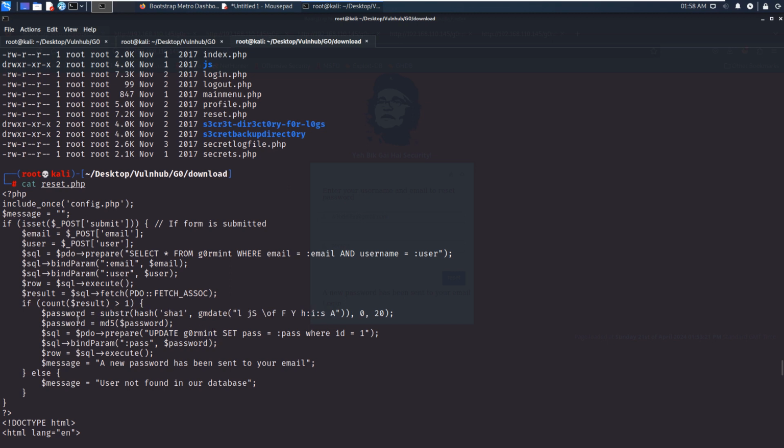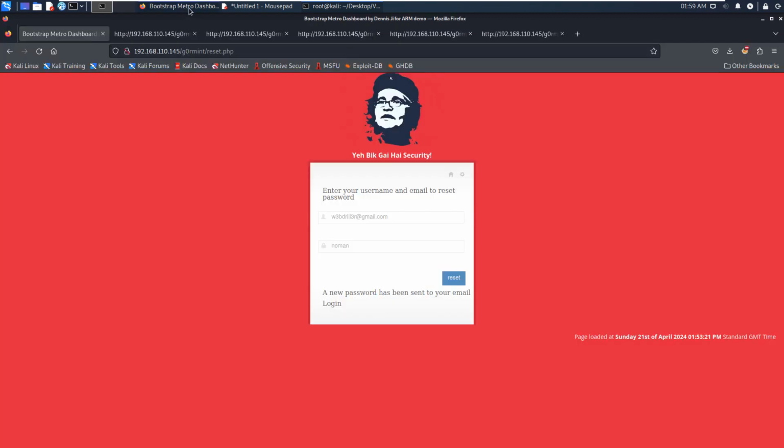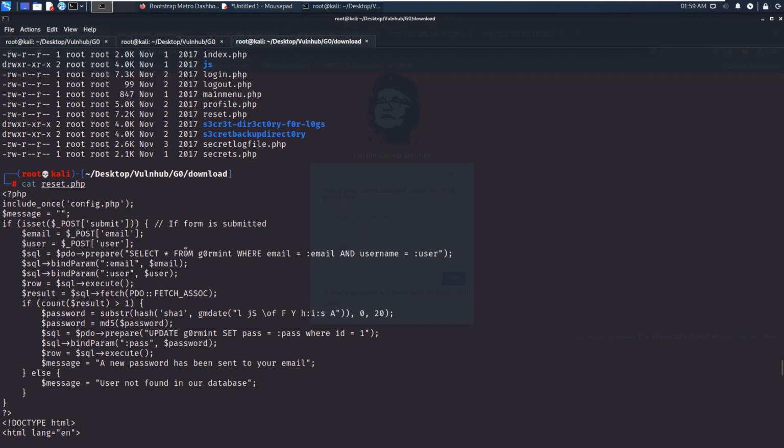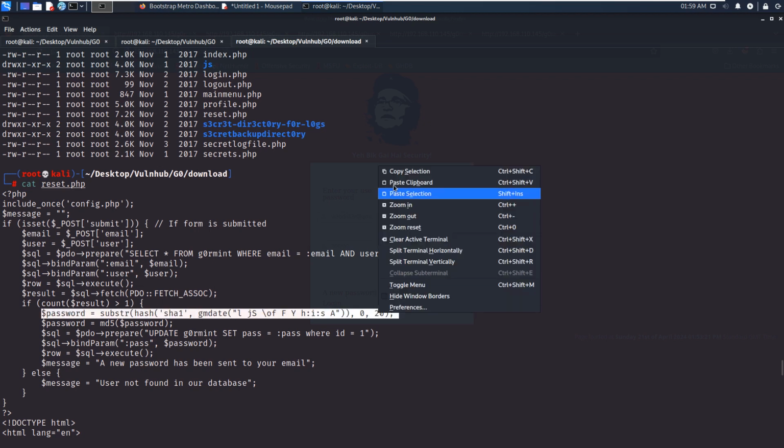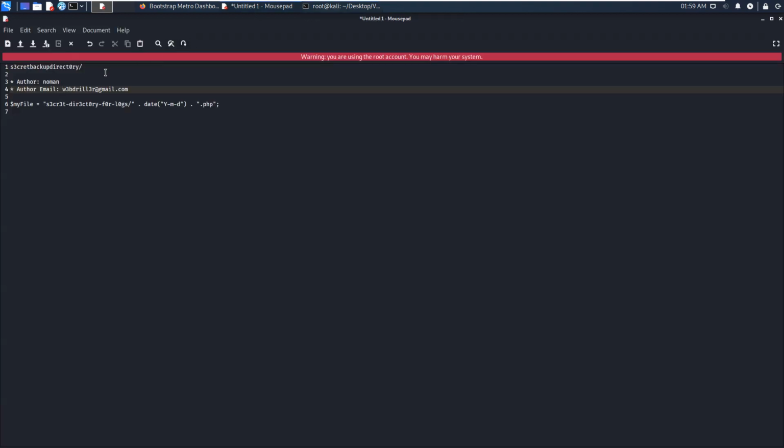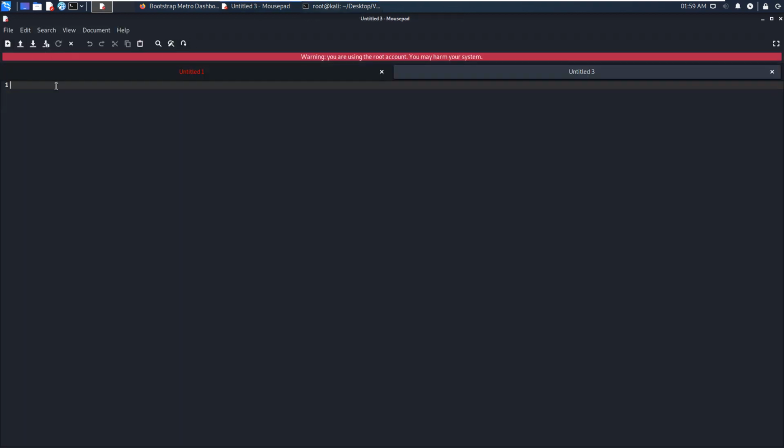So we can use this two-line to create the password. And the gmdate, this is the standard PHP function. Actually, we do not need to understand this function, because here we have already got some sort of time. And for now, we can copy this line and we can open up another tab,